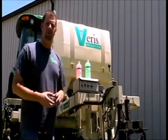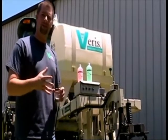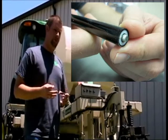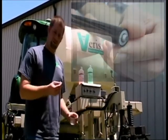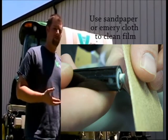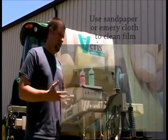Now occasionally you're going to find a problem where you're not going to be able to get a complete calibration. The electrodes won't calibrate fully. Well, what we tend to find is there is, after long-term storage, a little bit of white film that forms on the antimony tip of the electrodes. You can use sandpaper or emery cloth to clean this off, and then you should be able to get a